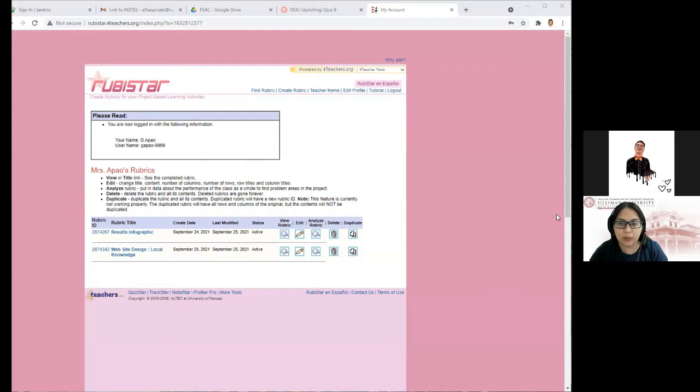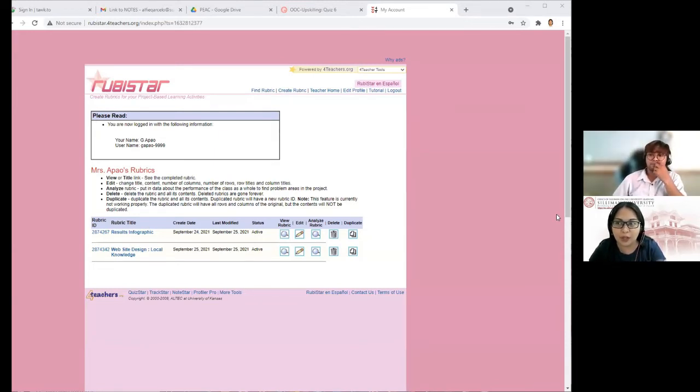When we make our rubrics, sometimes it would really take time for us to look for the right words when it comes to the criteria content. Doon tayo natatagalan. So this, sa RubiStar kasi